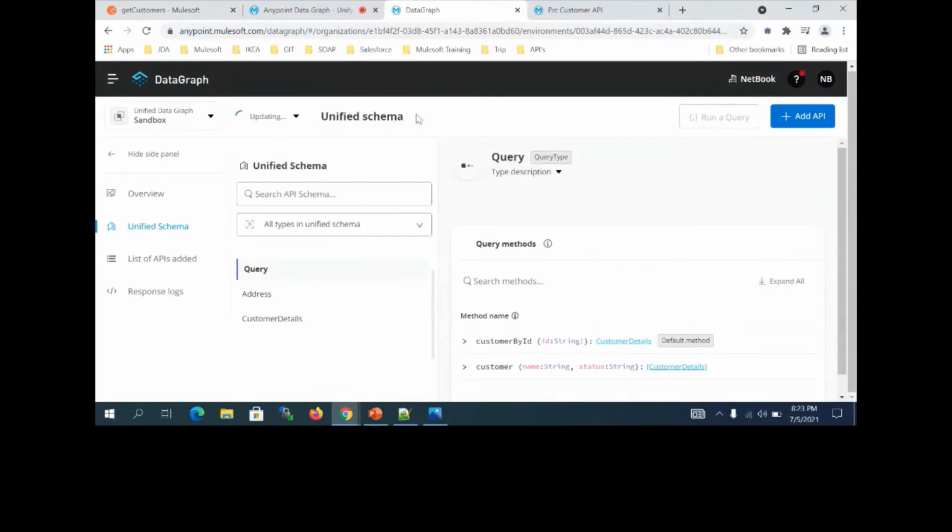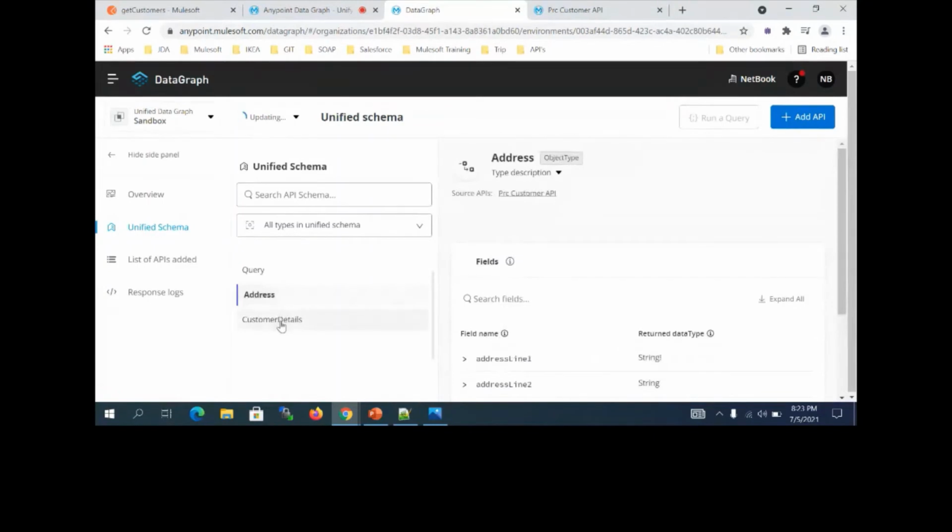Clear? Now you can see the unified schema has two methods, customer by ID and customer, and it has the address data type and customer data type. You can visibly see what my unified schema contains and what data I can access. That also we can see from here.